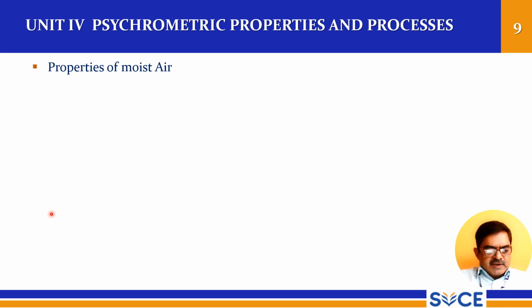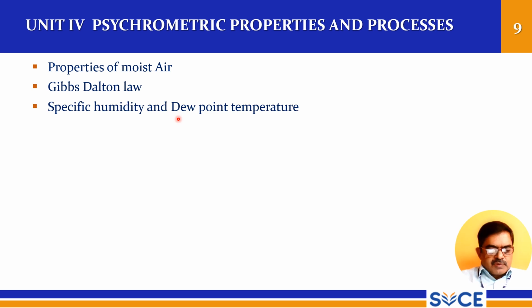The unit title is psychrometric properties and processes. In psychrometric properties, we are going to see all the properties, and then what are the psychrometric processes that we are going to discuss. As the first topic, properties of moist air, and then Gibbs-Dalton law, which I will introduce in the first topic itself, and then we have specific humidity and dew point temperature,